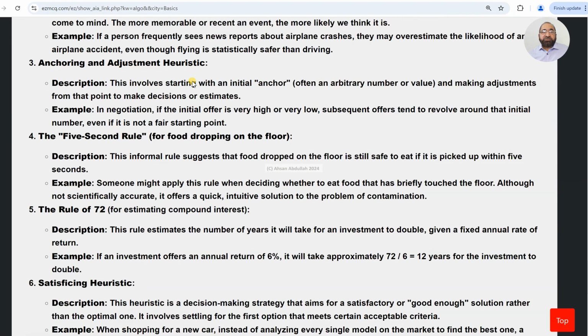Anchoring and adjustment heuristic involves starting with an initial anchor, an arbitrary number, and making adjustments. For example, in negotiation, the offer is really high or low, and then you see that. Then you decide, you are buying a house, and somebody is asking for a price, and you randomly decide that no, this seems to be a good offer,